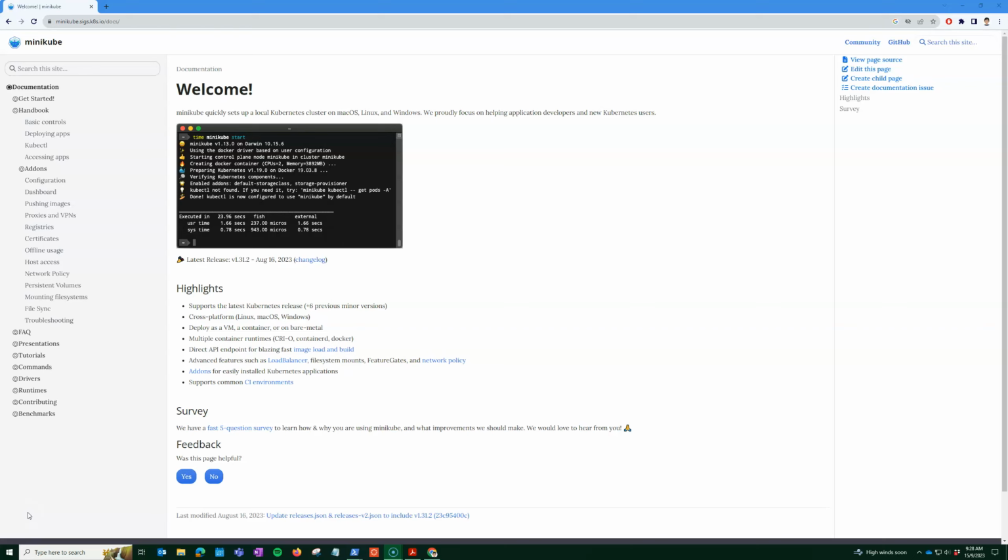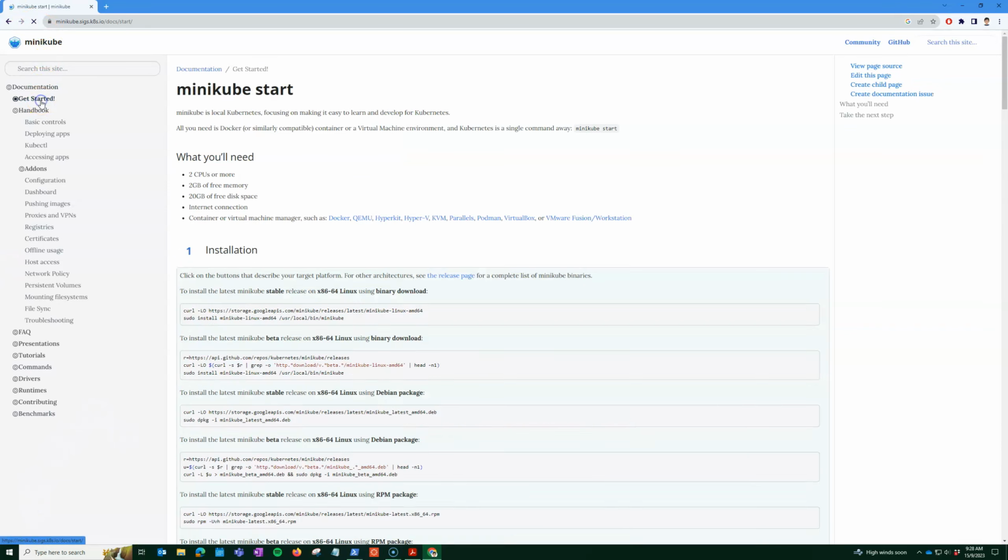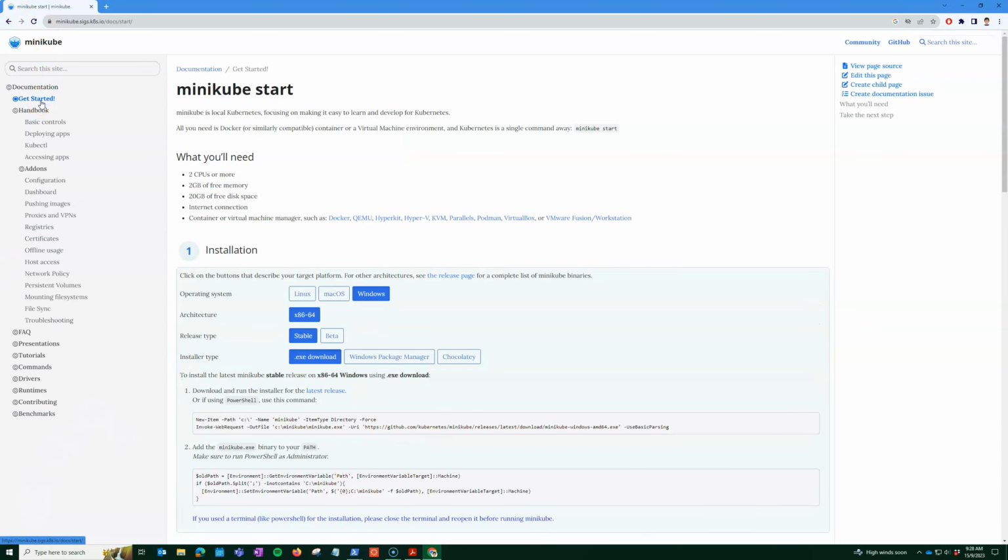It is also possible that you use sandboxes like Let's Play with K8s or Katacoda and so on and so forth. So the idea is to get the installation done. So if you go to Get Started, you will see that there are many ways in which you can get